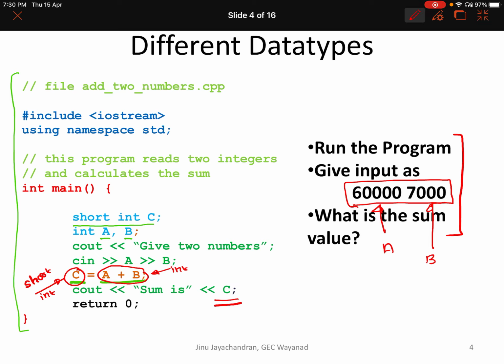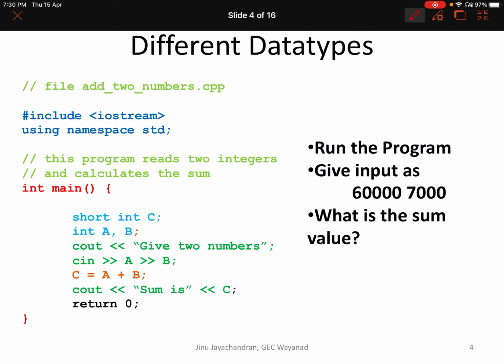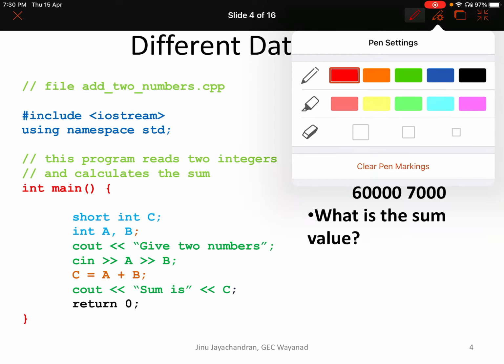So let's try to analyze this. So a is int, b is int, c is short.